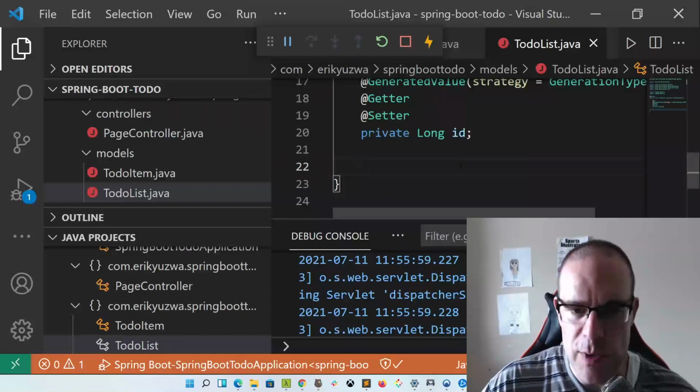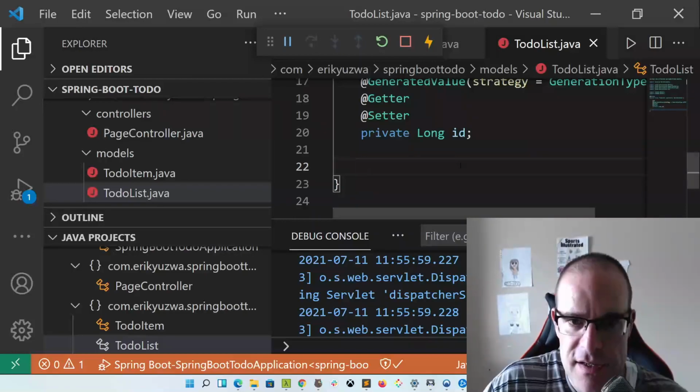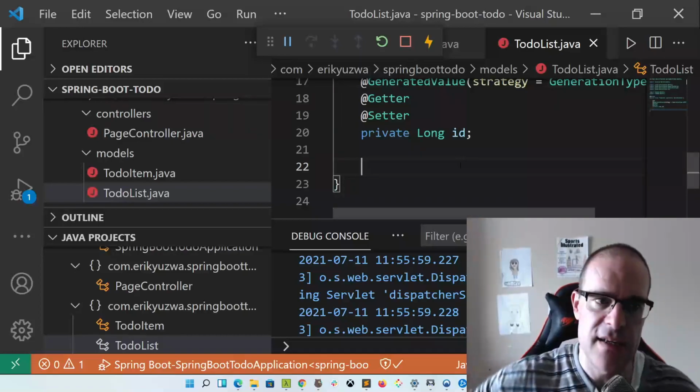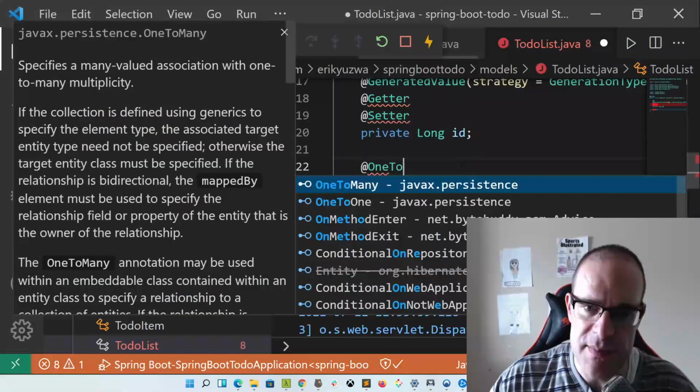So to do that, we are going to be creating what's called a one-to-many connection. So in other words, for every one to-do list model, we can have many associative to-do items. So we want to create a one-to-many,